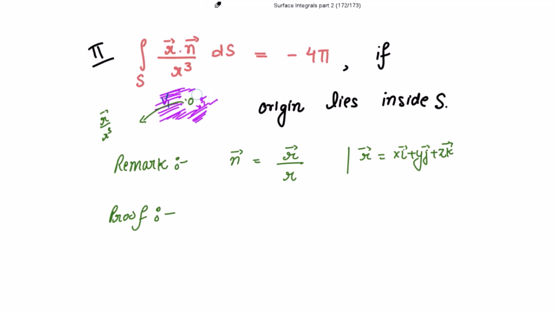So before starting up with the proof, the remark is written over here, that is n vector is equal to R vector divided by R, for R vector equal to x i vector plus y j vector plus z k vector, the position vector. I have already explained the proof of this in the previous contents, but now I am explaining this again, the proof of this. We know that